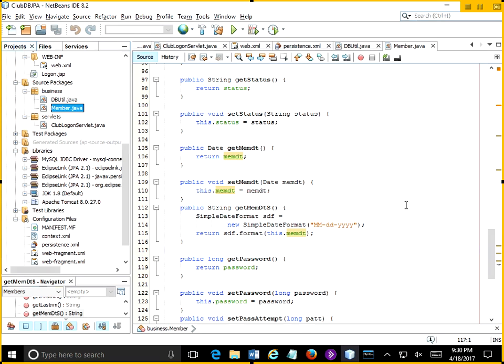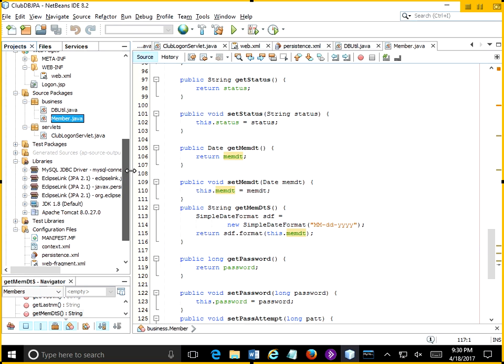Now, we have a member object that is annotated for persistence. We have the persistence unit, and we have the DB util. What we now need is the software to actually call on the persistence package to